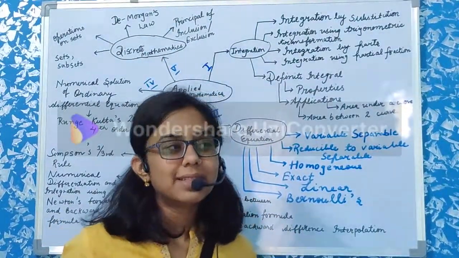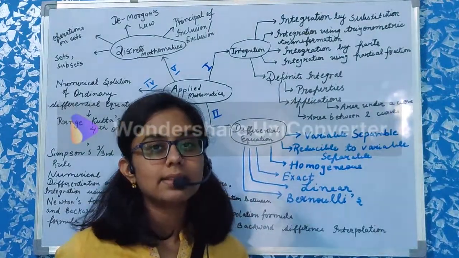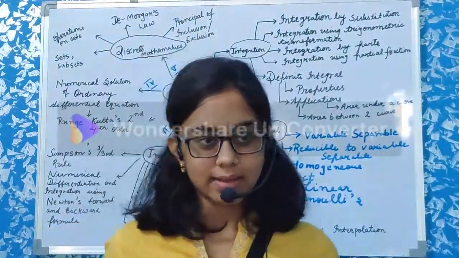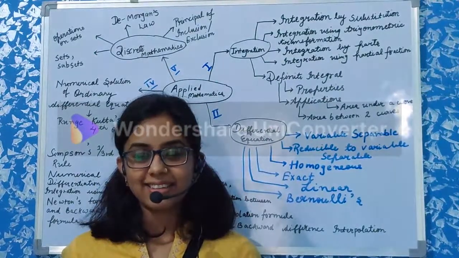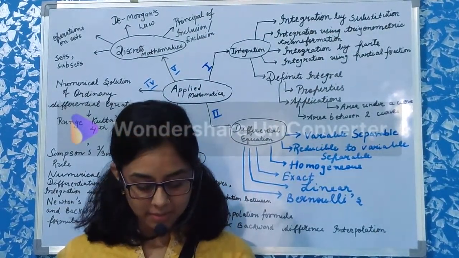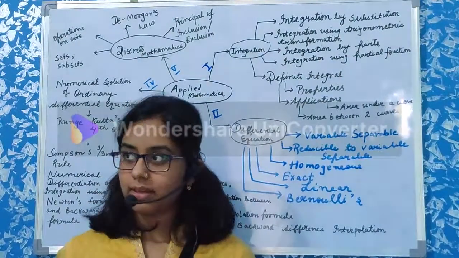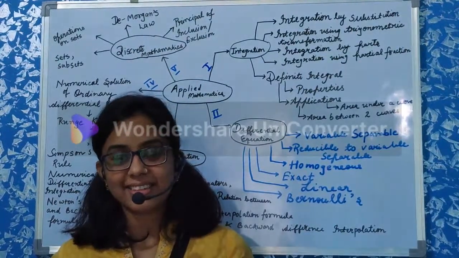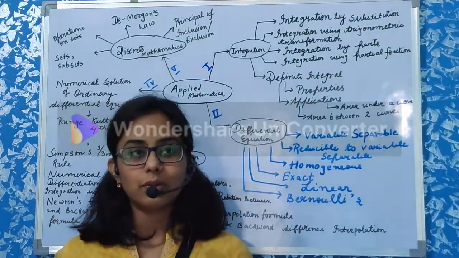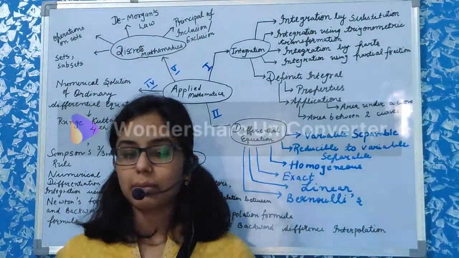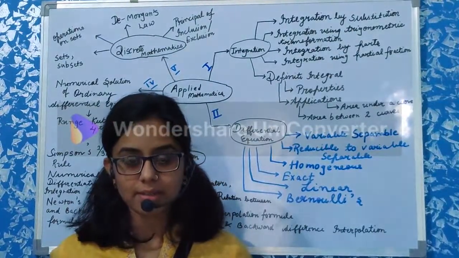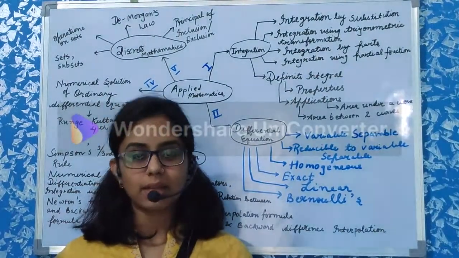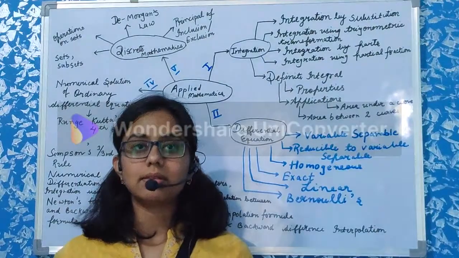The first lecture, why am I simplifying the syllabus for you, is because students are usually very scared of the subject math. Mathematics has a fair ratio of around 70 to 80% in the world according to statistics. And when you add a term applied in front of it, you tend to get more scared of it. So, my point is, you don't have to get scared of the subject. If you go systematically and practice regularly, you'll be able to score 90 plus in this subject.